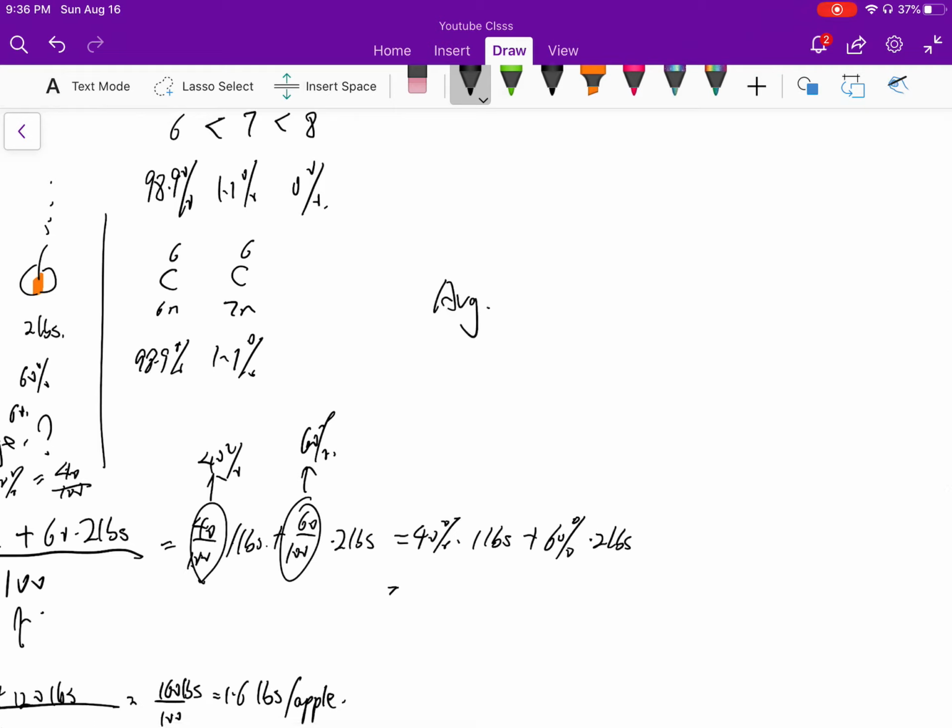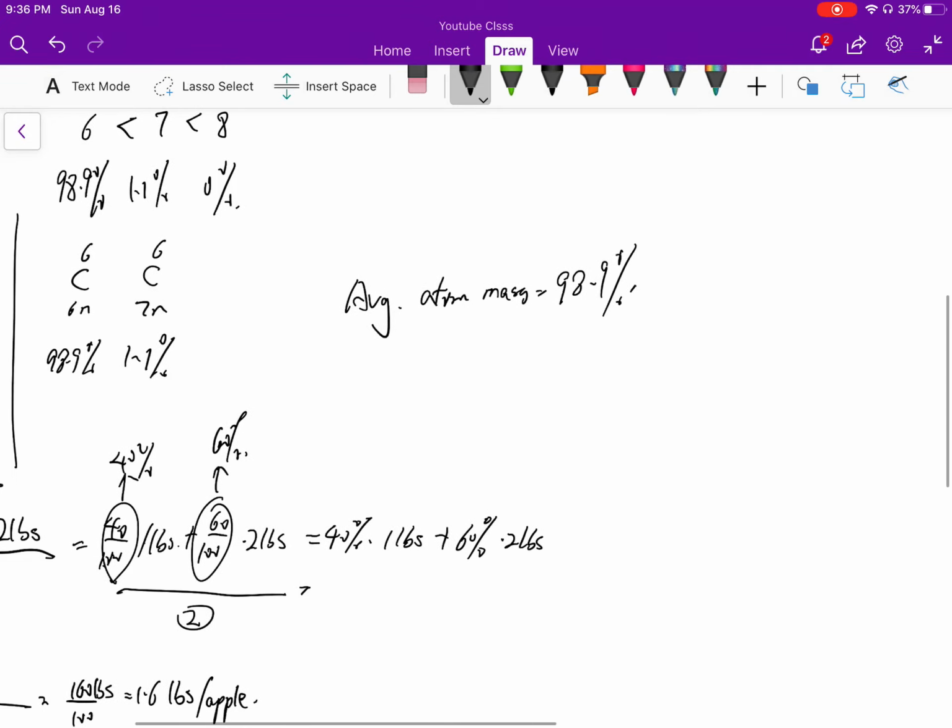So average atomic mass, what should I do? If I go to this step, step 2, let's say, I just bring the percentage, 98.9%, just like the 40% we have for apple here, times the molecular weight. Let's say the molecular weight for the one with 6 neutrons will be 12 AMU